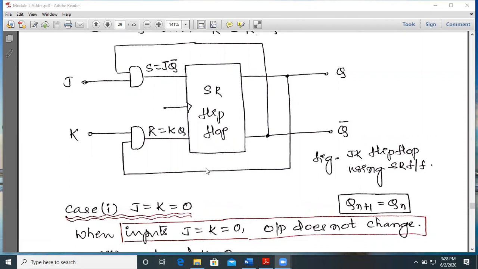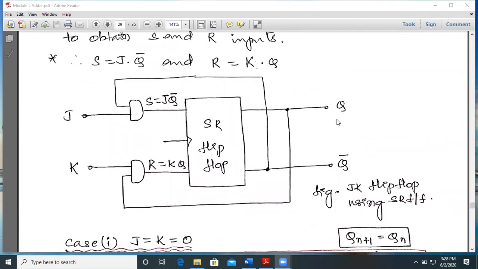So what we need to do is, we are supposed to assume what is Q and what is Q bar. First let us assume that we have Q as 0. Initially let us assume Q as 0. So obviously our Q bar will become 1. Is it not? So obviously our Q bar becomes 1.